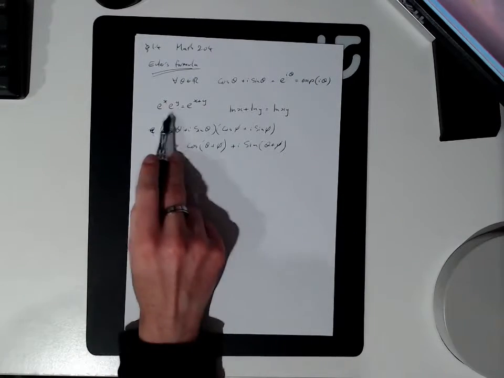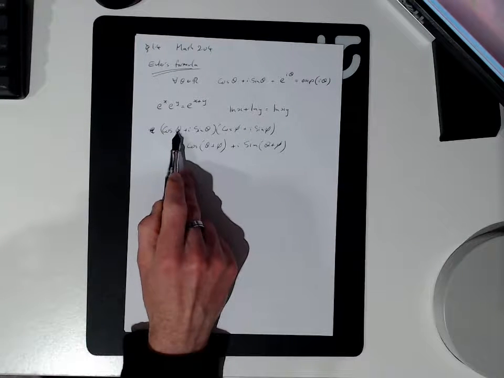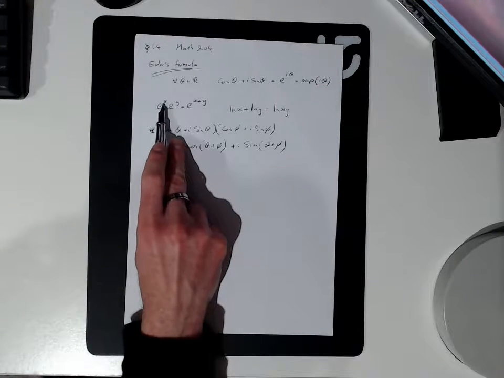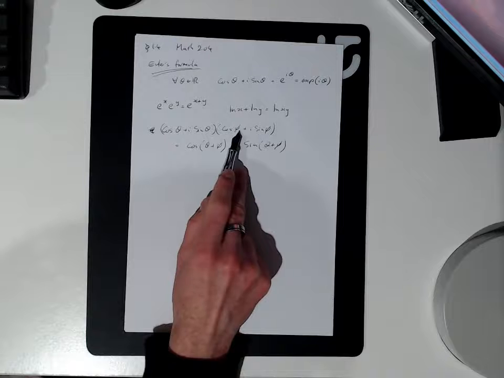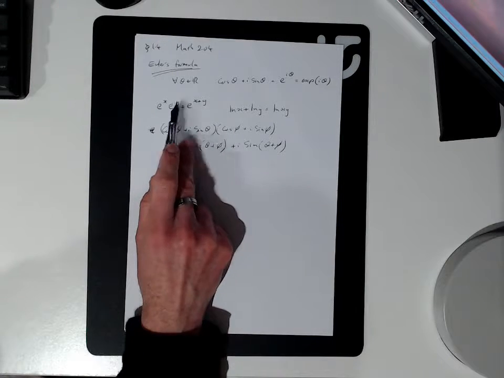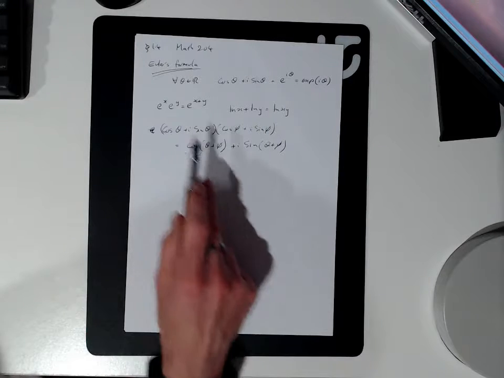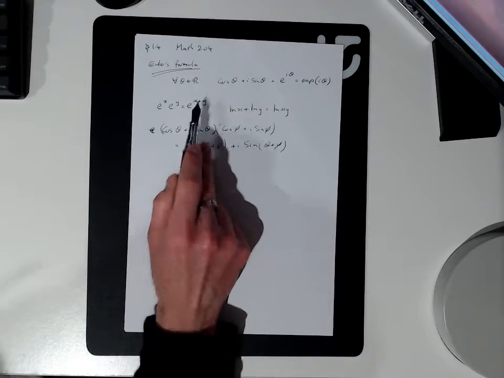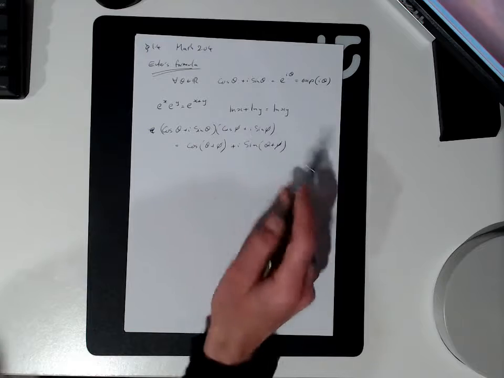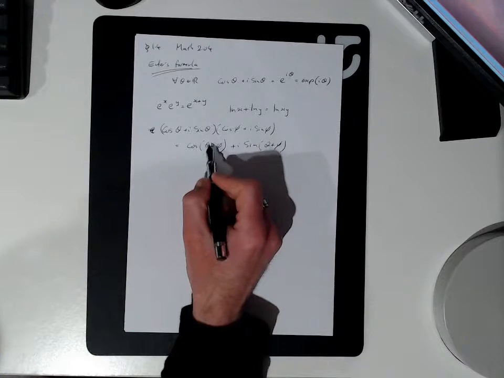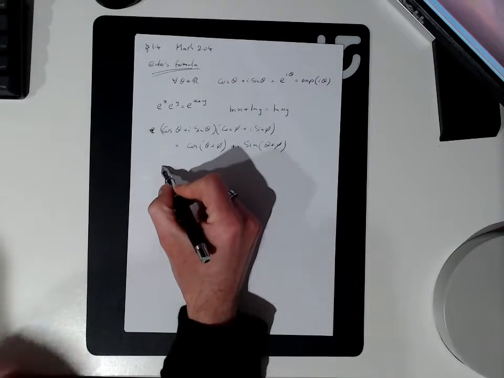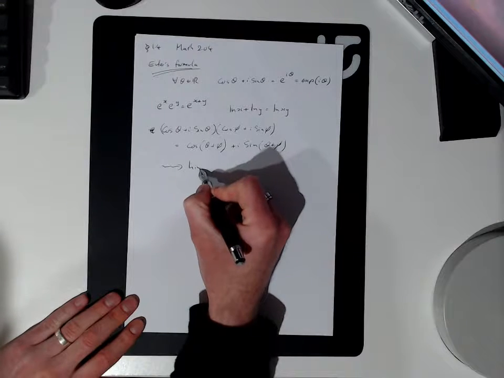So this kind of looks a bit like this, in the sense that the x here is theta here, and the phi here is y here. And when you multiply these things together, just as you add the exponents here, you end up adding the angles. So this kind of algebraic structure hints